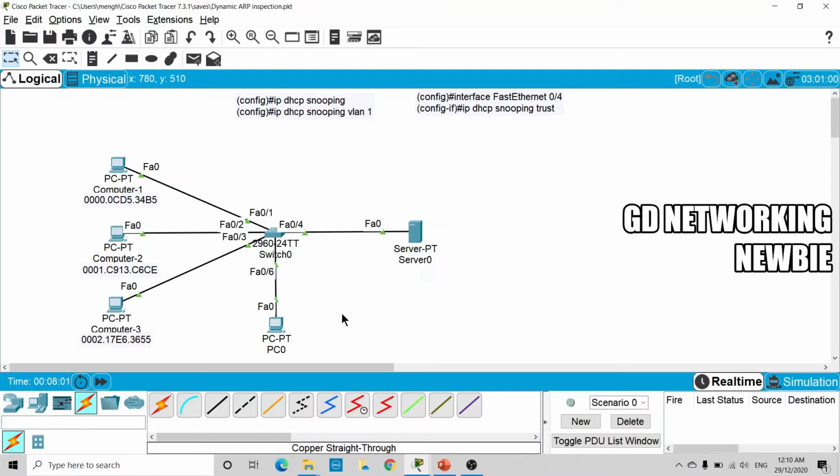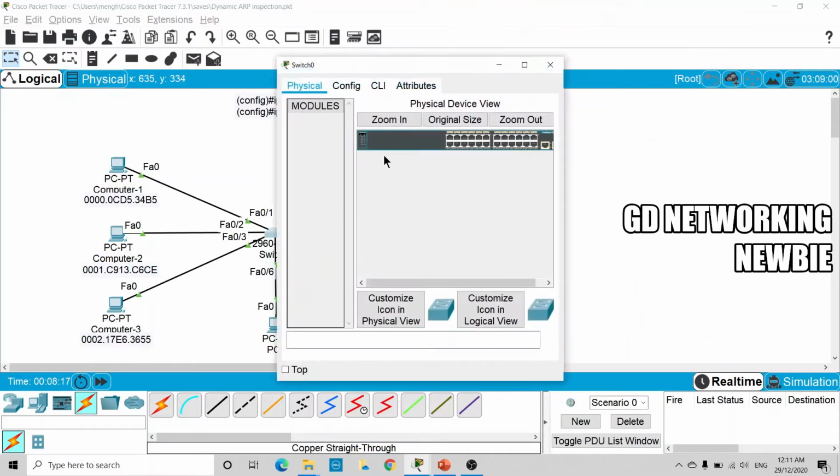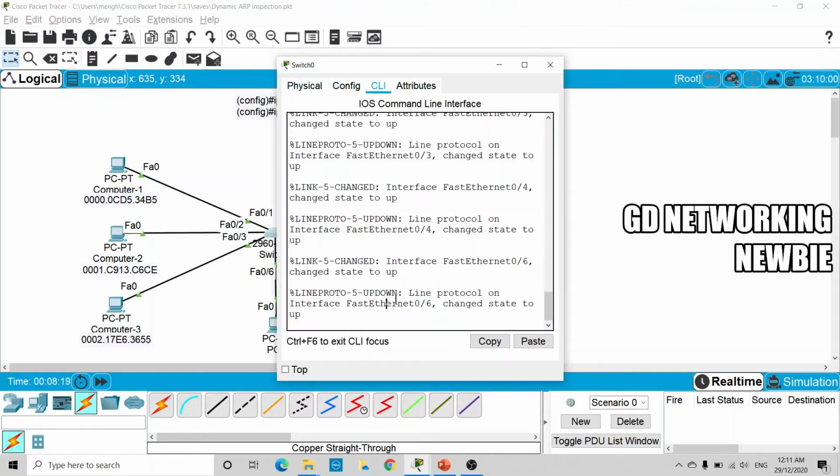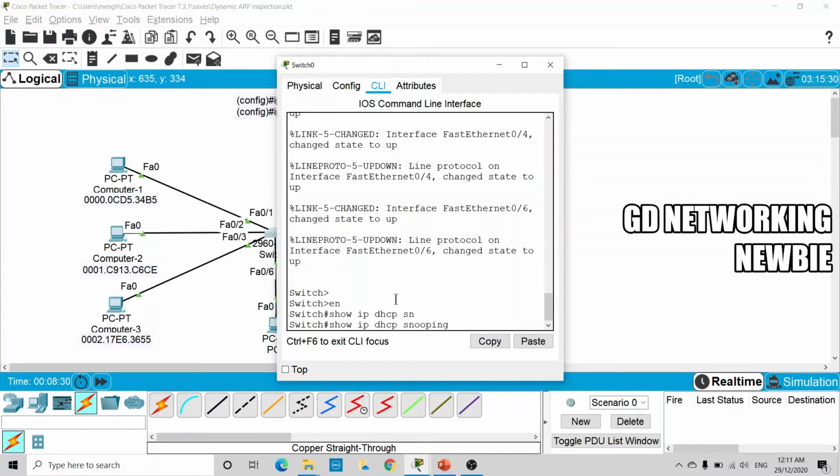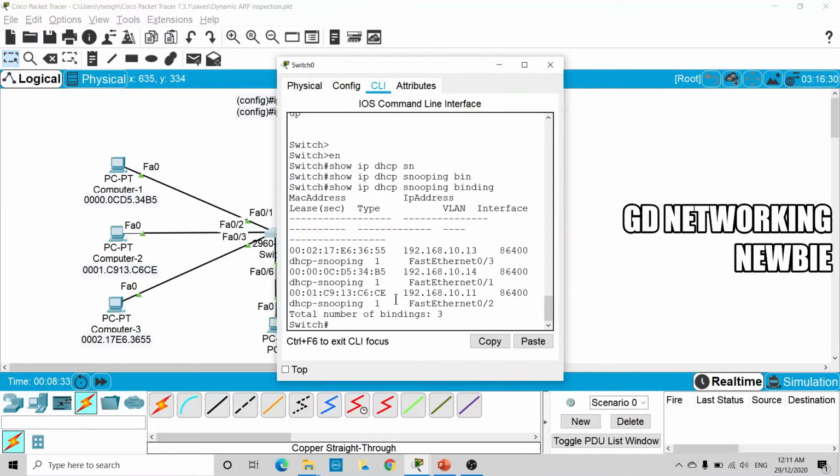That ARP inspection feature actually uses the DHCP snooping binding database, which has been created by these commands. So ARP inspection uses that binding table, and let's just see what's in that binding table. For that we can go to this switch, in privileged mode, and use show ip dhcp snooping binding and press enter.